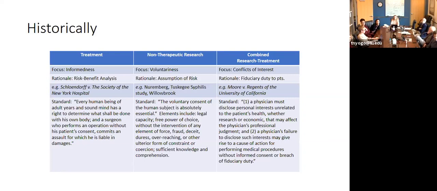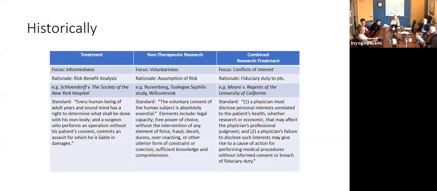research studies that are advertised on the bus: do you have diabetes, come in for research, that sort of thing. And then the combined research treatment scenario that's more modern now, and it's tied largely to biobanking, issues of data collection, biospecimen storage, and that sort of thing, which is really specimens obtained during treatment and used in research. So that narrow category, not narrow, right? I mean, it's a huge category of research now.